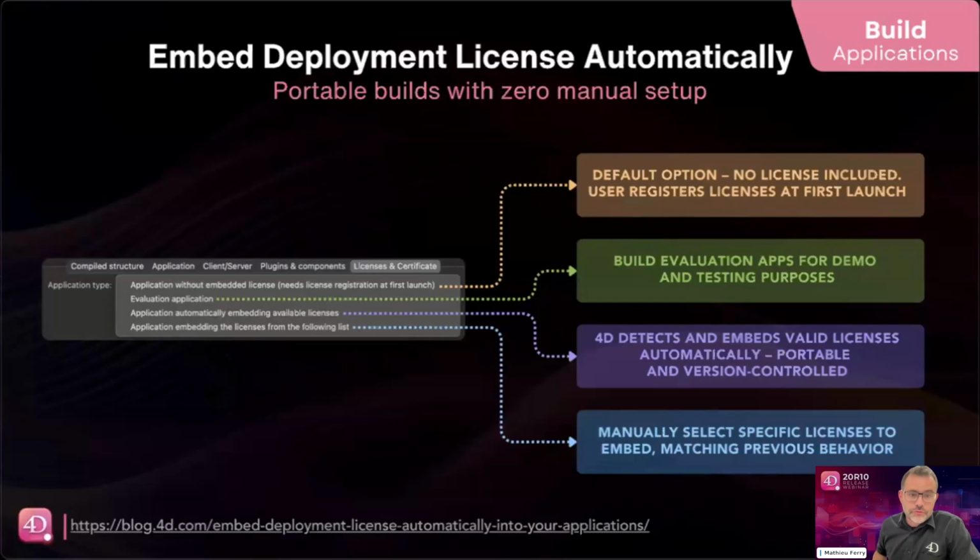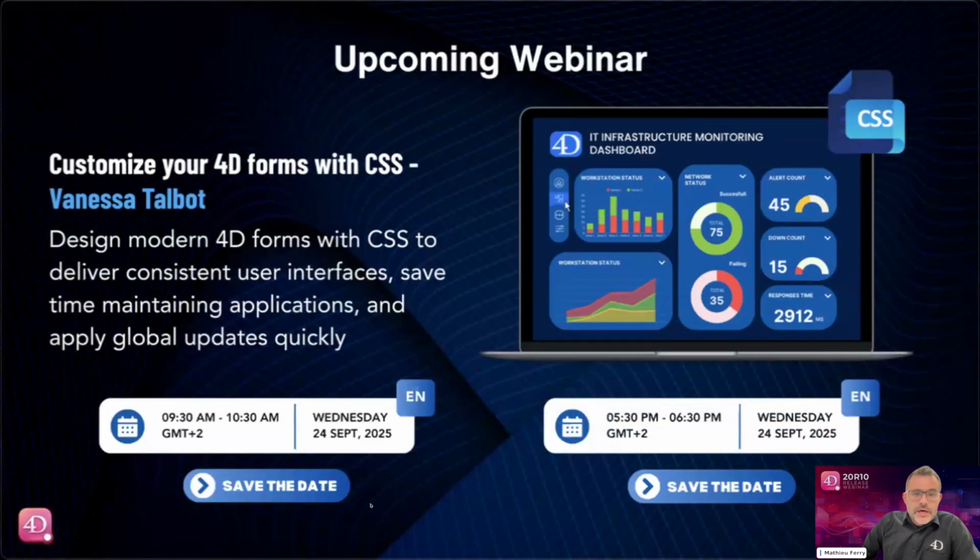And finally, if you prefer full control, you can manually define which licenses to embed. This works just like before, and it's useful if you need to match a specific setup or stick to a